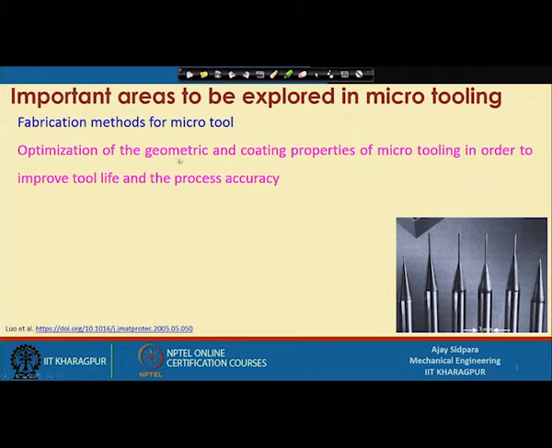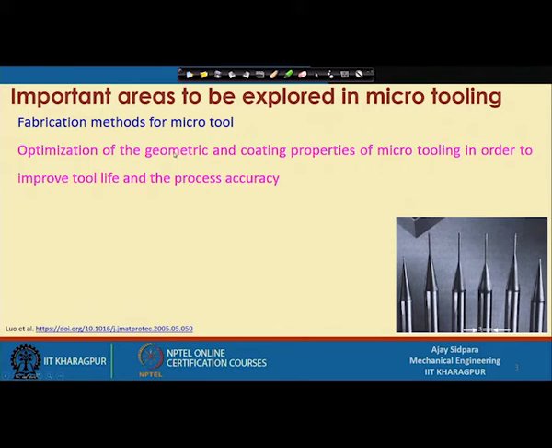Why is this important here? Because we will see that there are different types of geometries available. Many times the tools which we are fabricating are not exactly replicas of the normal conventional cutting tools, because conventional cutting tools are mostly very large in diameter. So, you can easily get different types of flute features and different angles, but as you go down and down, getting those features is very difficult.